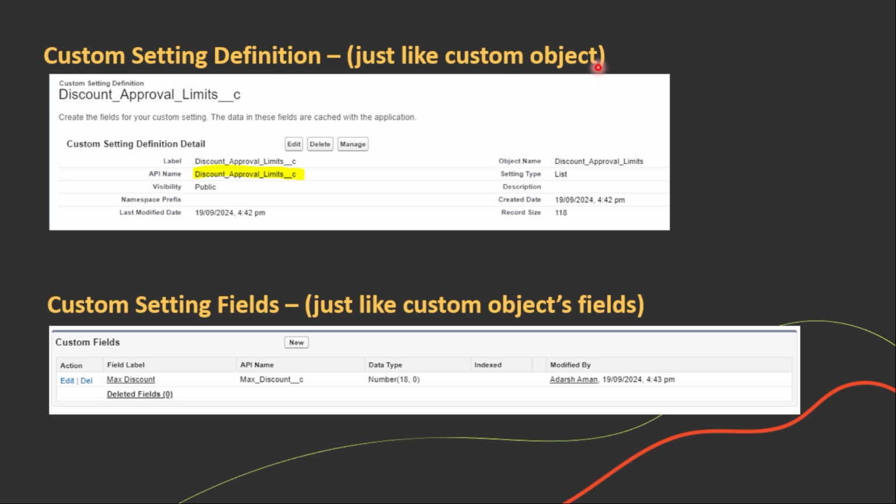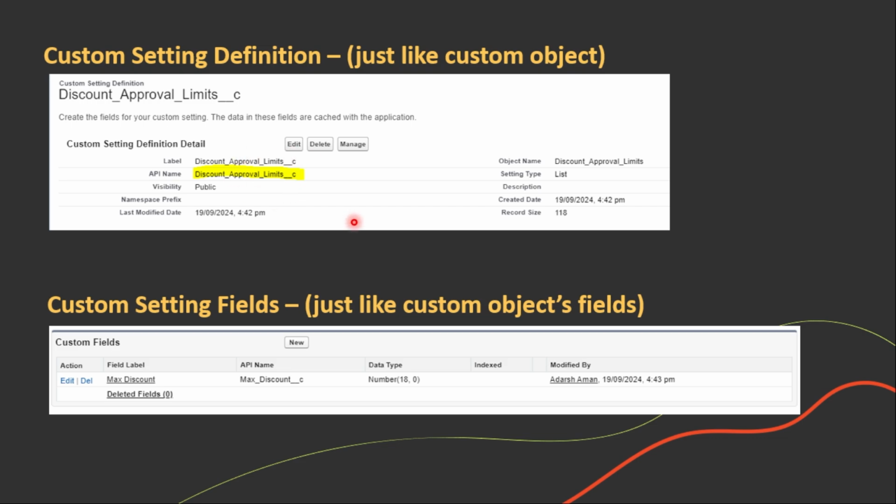When we create a custom object, we create the definition of it. Just like that, we need to create a definition of custom settings. In this case, I have given Discount Approval Limit as the name of the custom setting, and it has the API name, you can see, underscore underscore c. So it is just like a custom object API name, right?